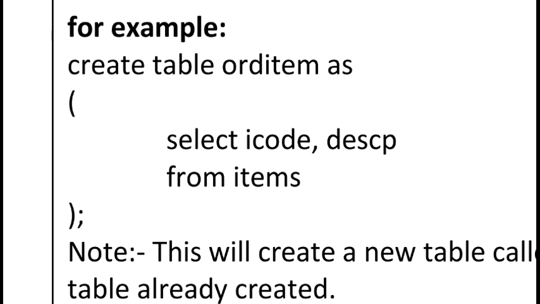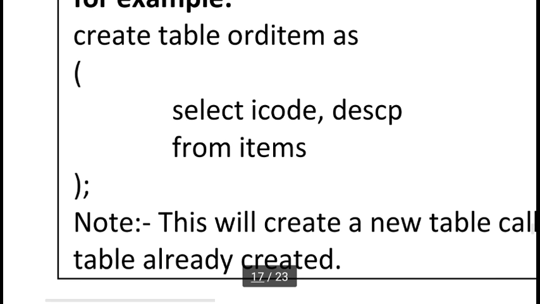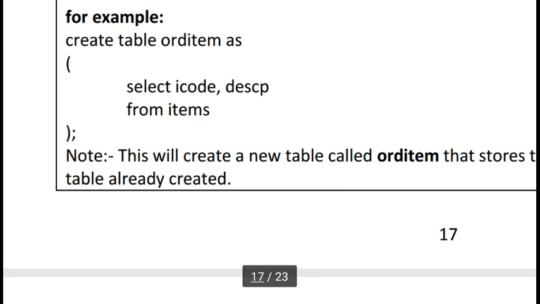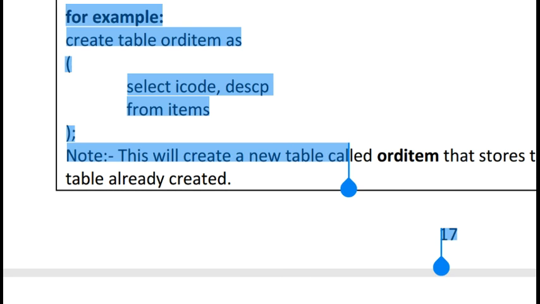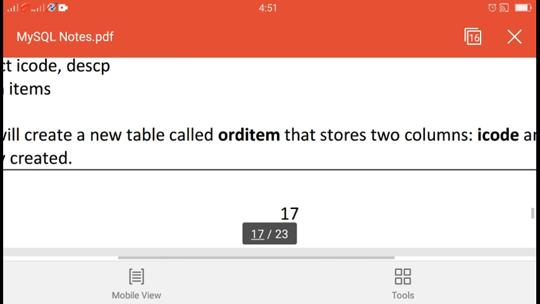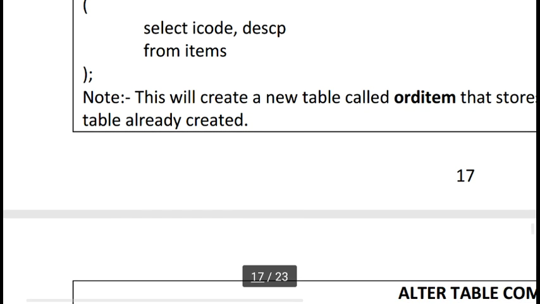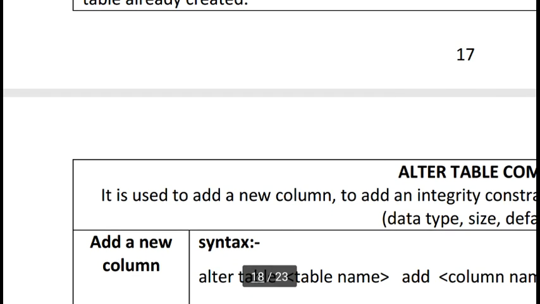So only the two columns of the items table, icode and description, will be sent to the ORD_ITEM table. So we can copy the records and also the structure of a table. It is possible using the select command. These are the new advanced commands.